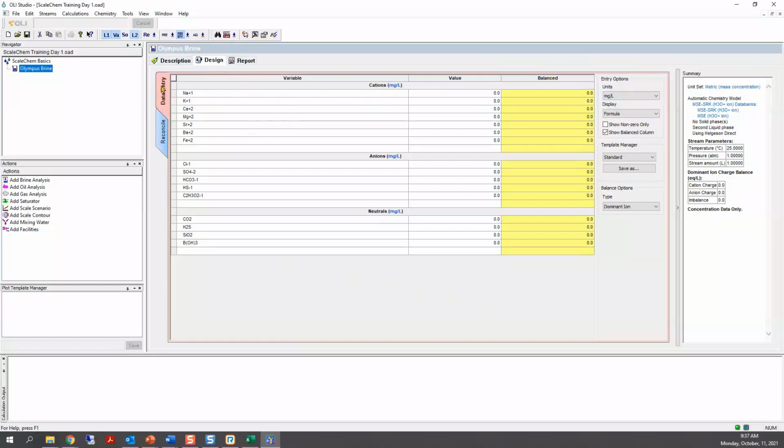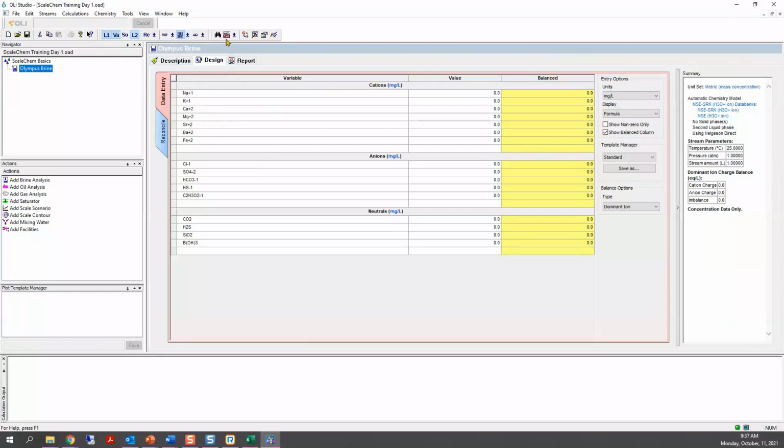For the water analysis, notice that the thermodynamic framework MSc SRK has been selected. That's what we wanted. And also the naming of these components are in the formula form. So if you like to see sodium +1, potassium +1, that's an option.